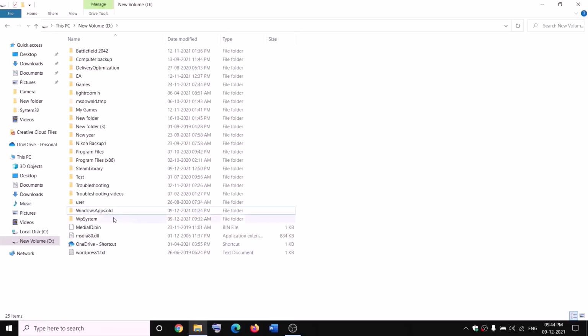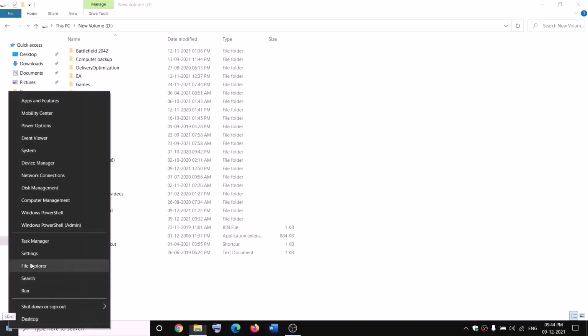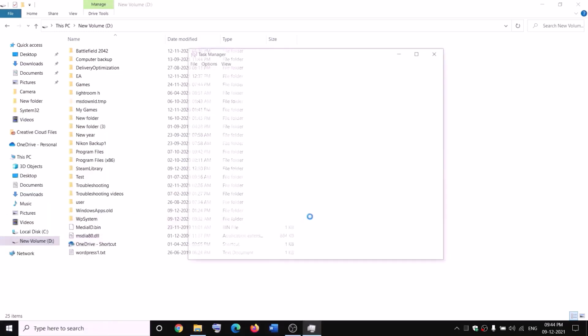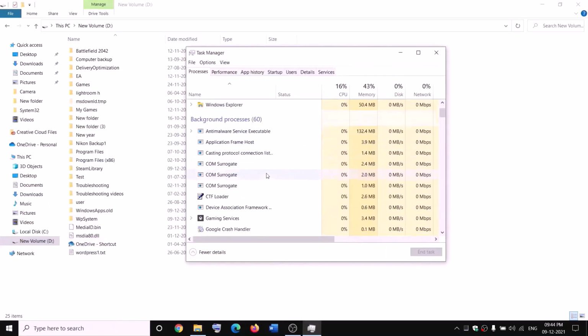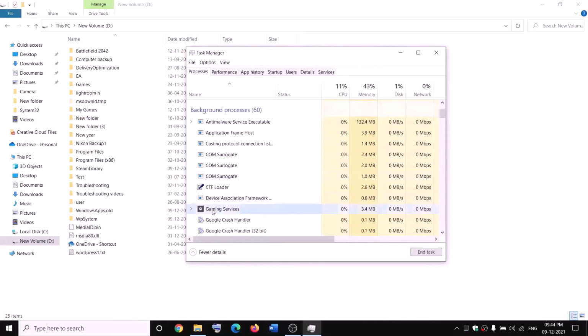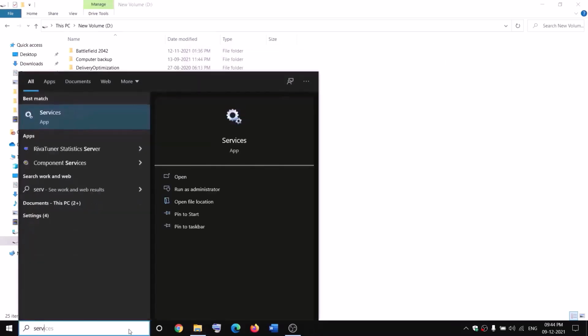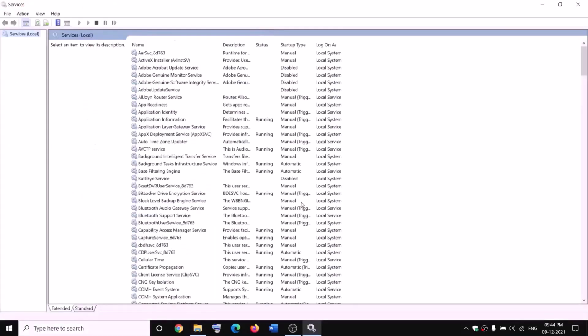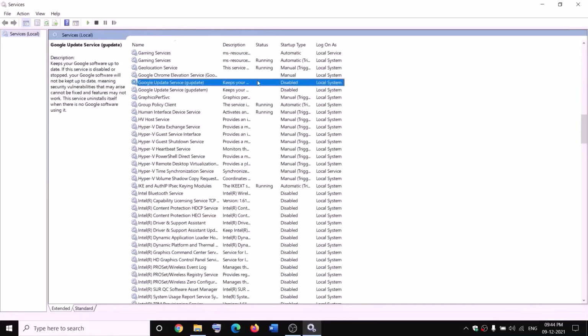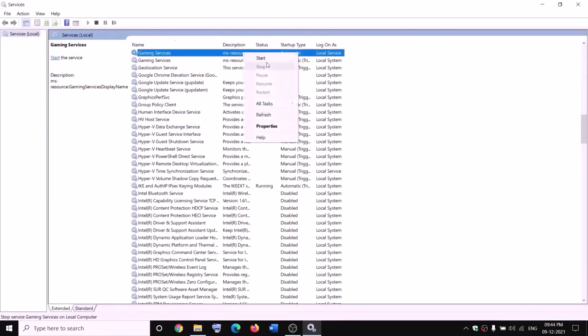Now while renaming it, if you receive any kind of error message which says file is open, in that case open Task Manager on your computer. Make a right click on the Start menu, click on Task Manager. Now if you find Gaming Services, make a right click and then click on End task, and also open Services over here, and then go to Services and find Gaming Services, make a right click on Gaming Services, click on